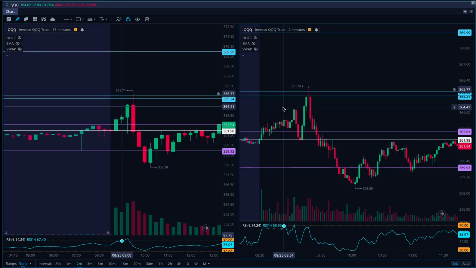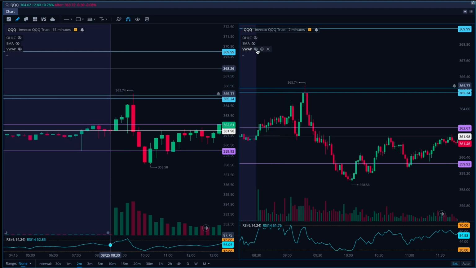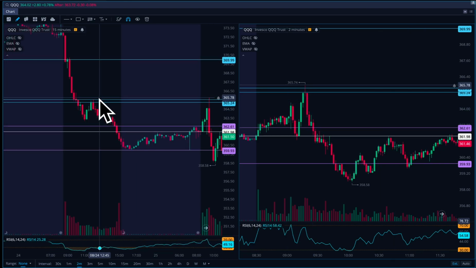Let's go ahead and see how you could have played today. So right here, we open, we chop sideways, and market waits on Powell to talk at 9. Here's the 9 o'clock candle. We get an initial pop, we get a sell-off. Looks like we were supported by the opening price. We had a huge pump off the opening price, and then we had a major rejection off of the resistance zone